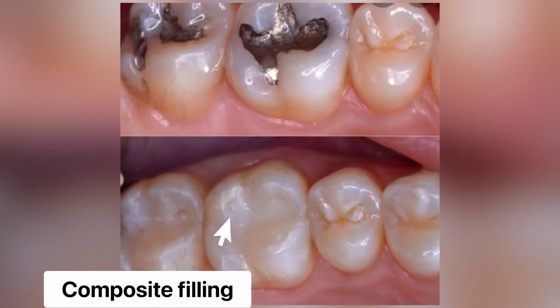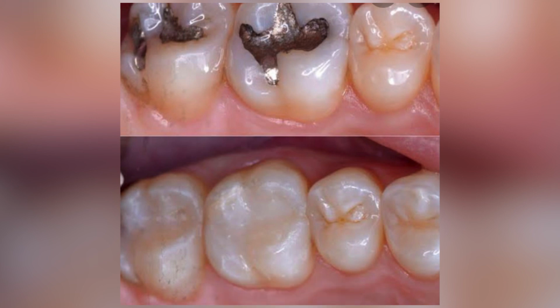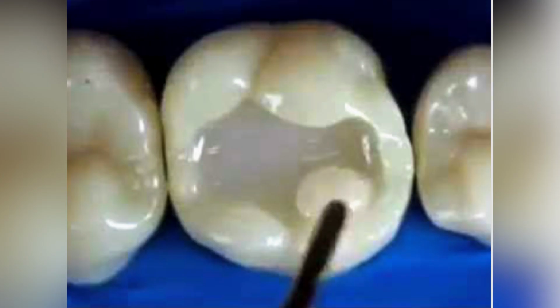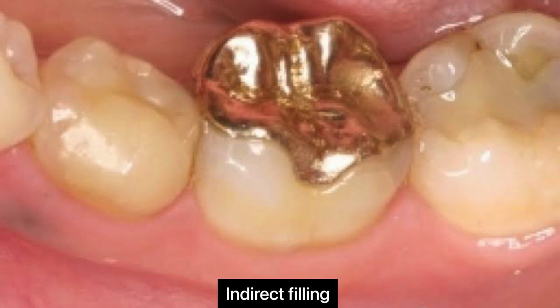You can all view in the picture, if there is a big cavity or the cavity is within the tooth structure, we have to do the composite filling, that is the intracoronal filling. First we did the silver filling in the above picture and the down picture shows the composite filling. Normally we prepare the cavity and do the composite or glass ionomer filling, that we condense in the cavity and we use light cure for setting purpose. These fillings are direct fillings because we do them directly in the mouth. But today we are talking about the indirect filling.